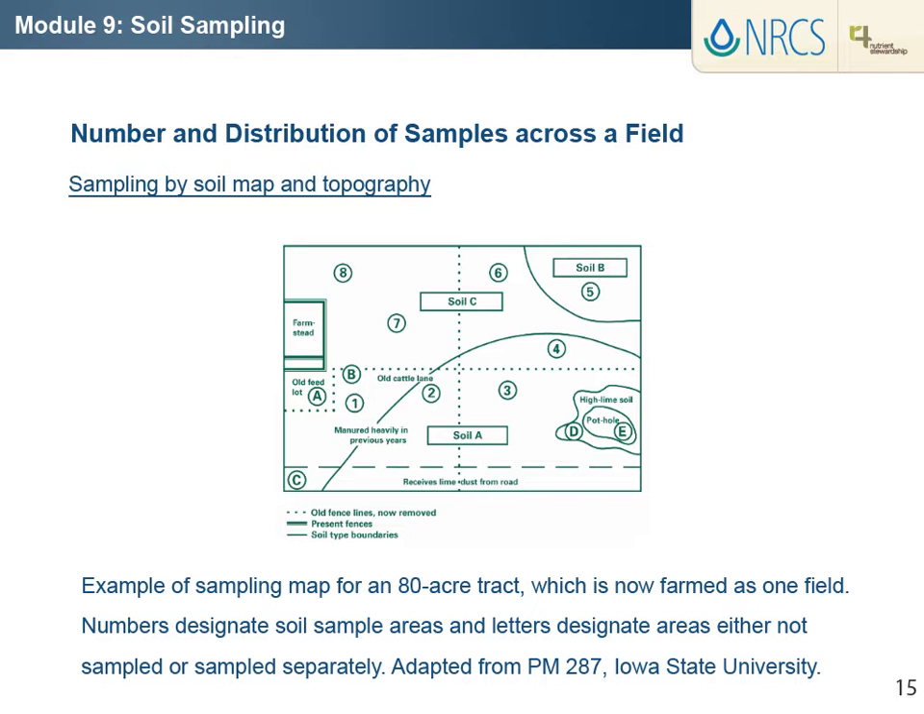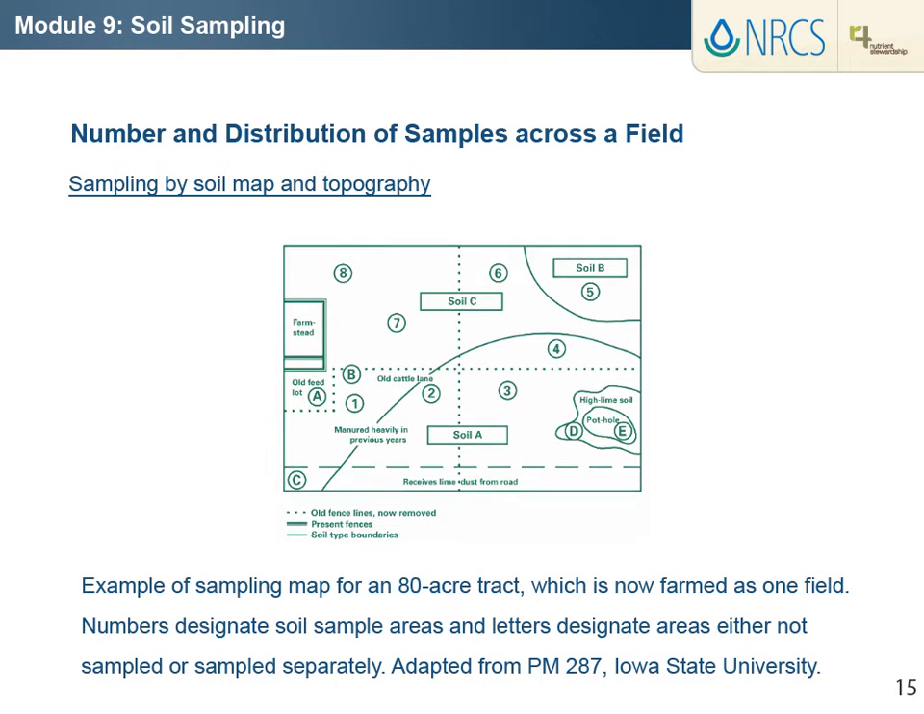Samples 1 and 2 are taken because the soils differ. Sample 3 would be sufficient for the original 20-acre field. Samples 4 to 6 represent 3 different soils, and samples 7 and 8 each represent about 10 acres of an